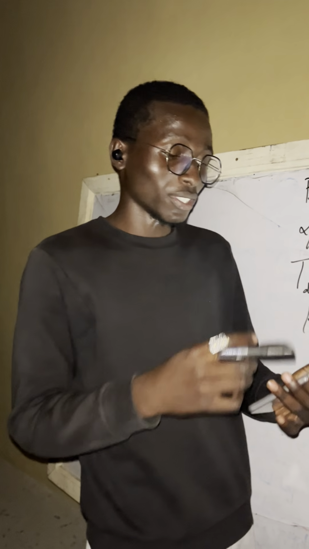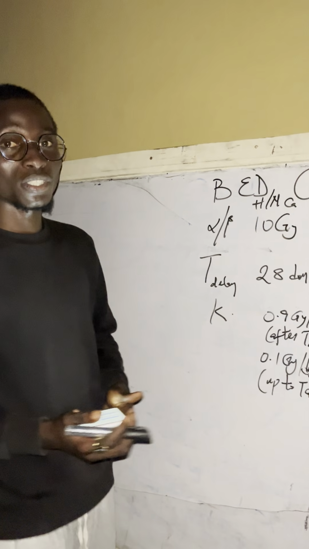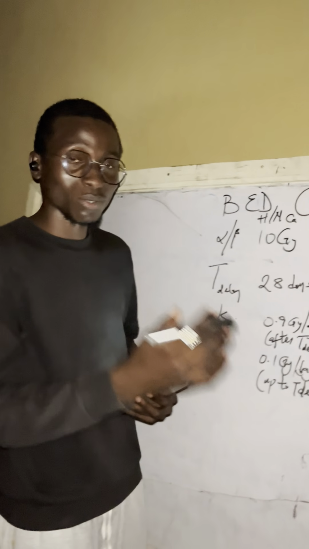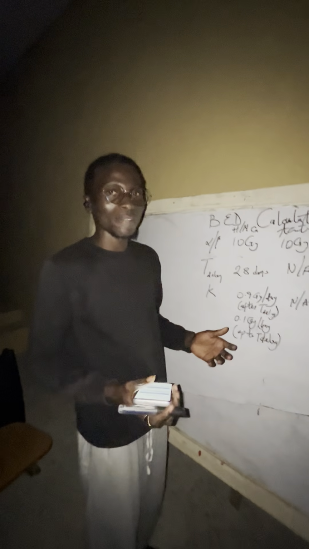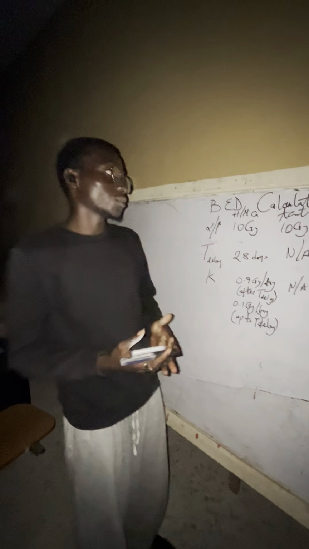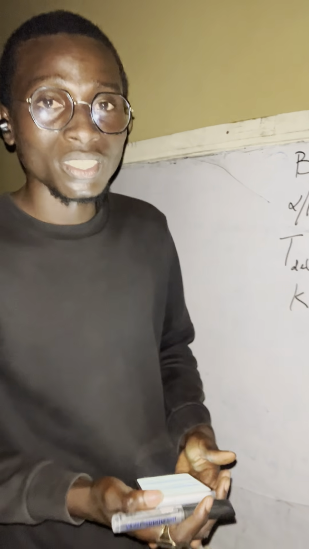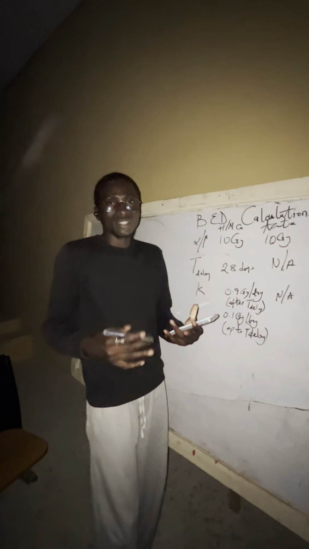Welcome to TGT Space, and in today's class we are going to be talking about BED calculations. We want to take a look at some calculations that we can have under biologically effective dose. So basically, what do you understand by biologically effective dose? The biologically effective dose is used to express the radiation dose in their true biological effects. This is going to help us give the right comparison between different treatment